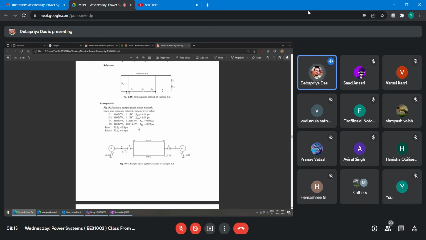The only thing is that the per unit system, whatever has been taught, you should keep in mind for the third test also. The per unit system is required, because you have to convert everything to a common base. So